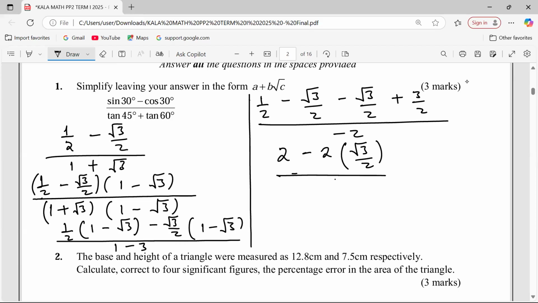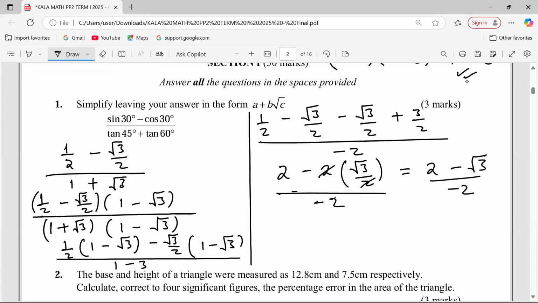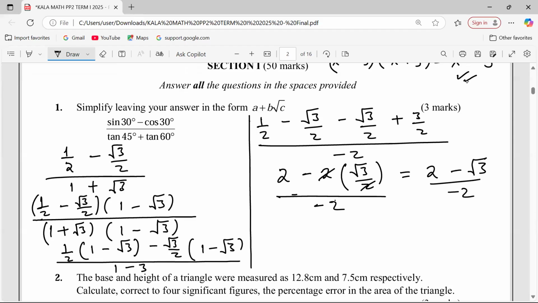Everything here is over negative 2. So we can simplify here and say this is 2. Then this becomes negative root 3, everything over negative 2. But now there is the format we should leave the answer in, such that this will be negative 1 when you divide everything by negative 2, then minus the root of 3